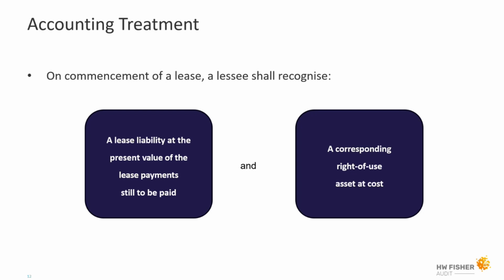But if it is open and looking at those extensions and making sure it's reasonably certain, that's why it is going to be quite a big judgment and estimate. That's why there's potentially going to be additional disclosures in accounting policies, but starting with that assessment of your contracts, assessment of those leases, and writing down and documenting, looking internal, presenting that to the board on how and why you think this is going to be the right of use and length of